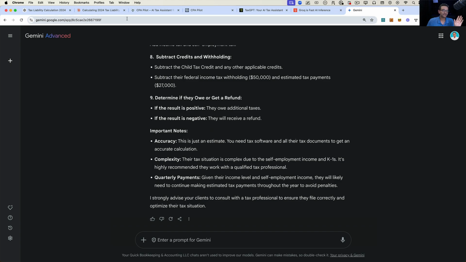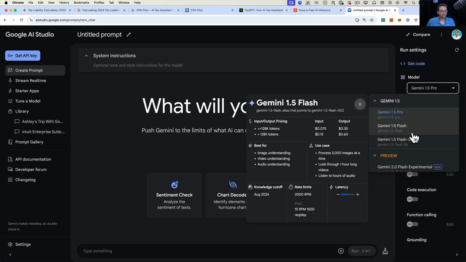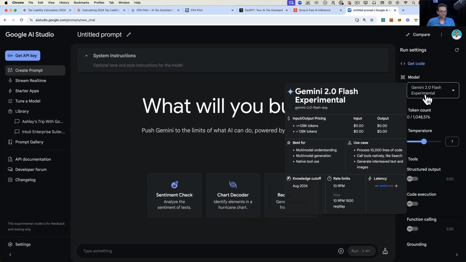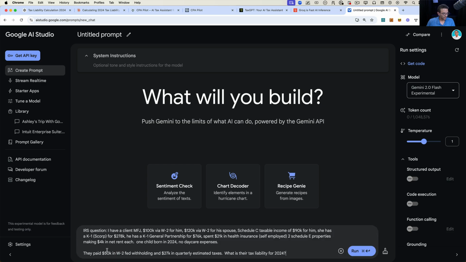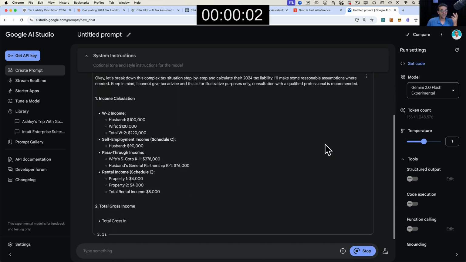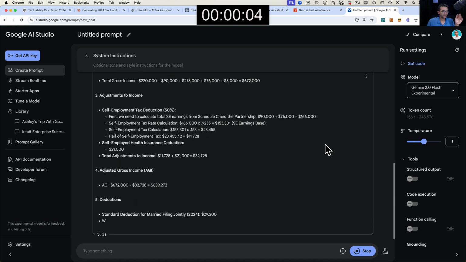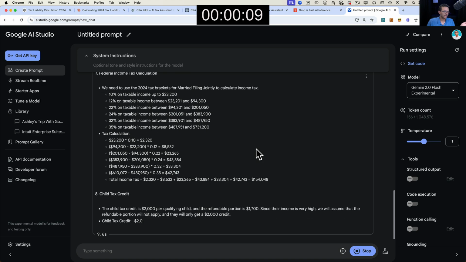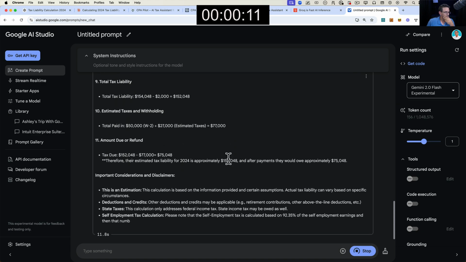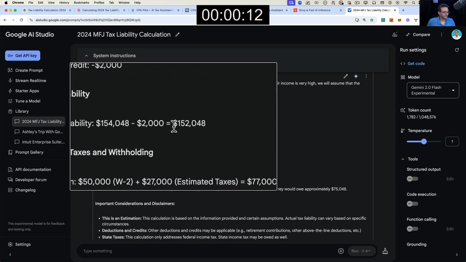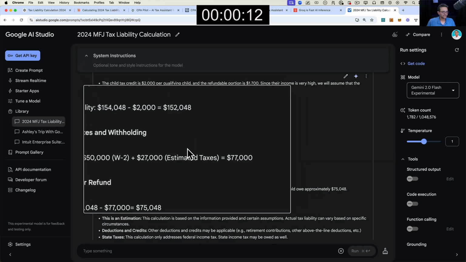It's called AI Studio. And this one is using the new model, which is called Gemini 2.0, supposed to be the best version of Gemini. So we're going to select that one, and I'm going to ask it the same question and see if it actually can answer. So Gemini, the regular Gemini that I actually pay for, couldn't even come up with an answer. It said it was impossible. We'll see if this one can. I assume that it actually can. So let's see what this comes up with. Okay, so somewhere here is right here: total tax liability 152 minus the 77.